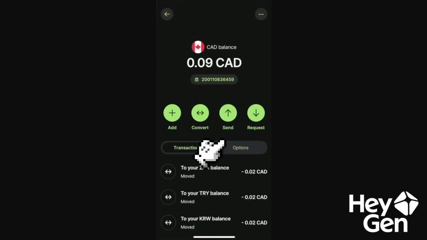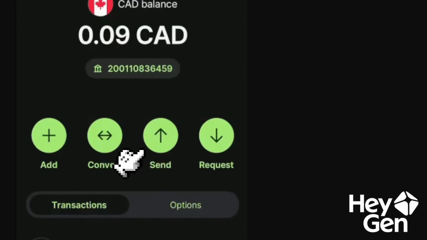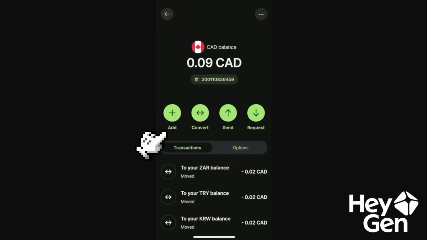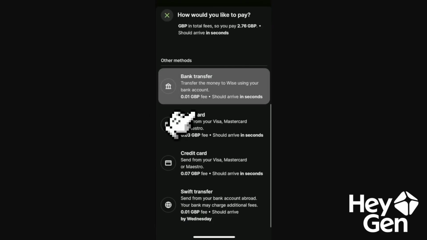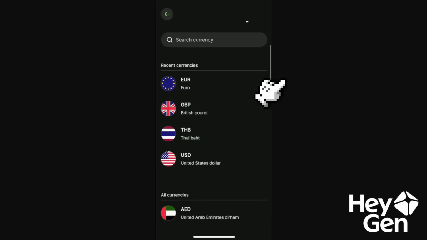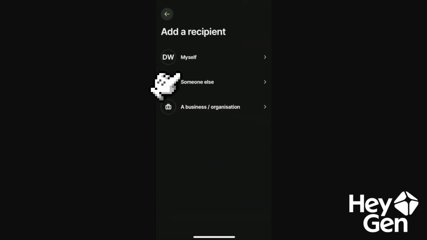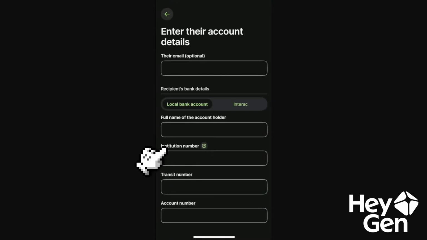Now to send money, it's quite simple. Here what we need to do is click this button that says send. Once we click there, we choose how we want to make this transfer. Okay, in this case, we're going to select the person. We'll choose this option, which is basically to send money to another person. Or if we don't want to send it to ourselves, we can use this option. And well, here we're going to add the necessary information to send the money.